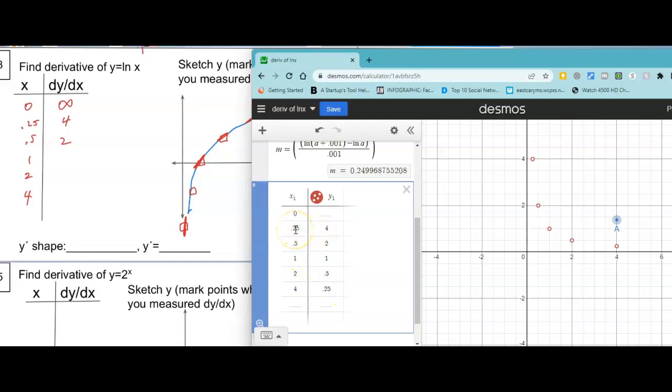Remember, 0.25 is 1/4, 0.5 is 1/2. Do you see the relationship? 1/4 corresponds to 4, 1/2 corresponds to 2, 1 corresponds to 1, 2 corresponds to 1 over 2, and 4 corresponds to 1 over 4. Yeah, it's the rational function. It's the